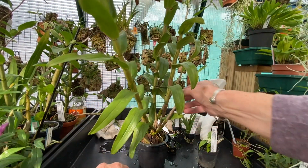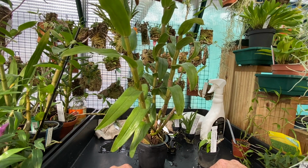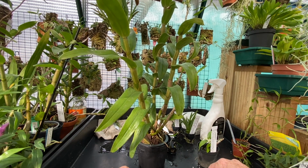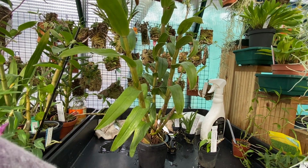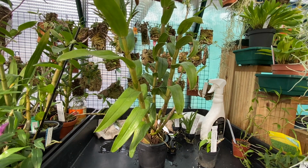Dead canes back there, but I'm going to have to be really careful to get that stuff out, and I'm not going to tackle it today because I've been out here for hours. I haven't done any watering. I haven't been into the Mazzy house yet, and most things are going to have to wait till tomorrow. It's so warm today too. It's just stupid. What's this saying? It's saying 24 degrees in here,